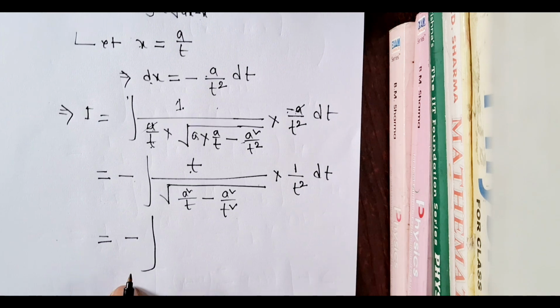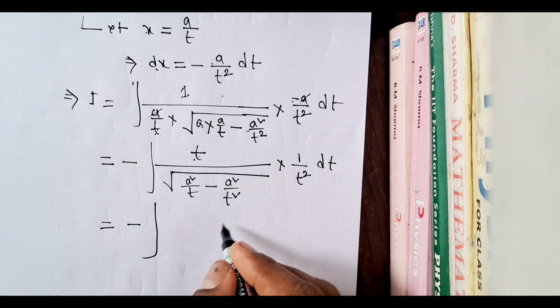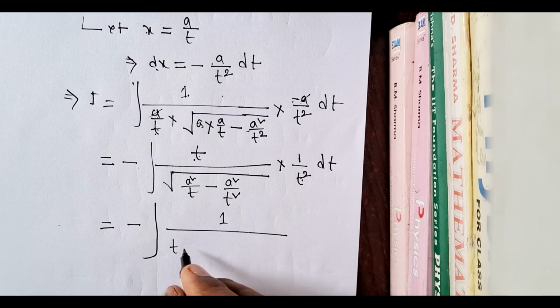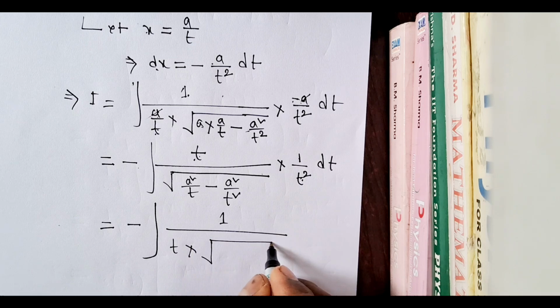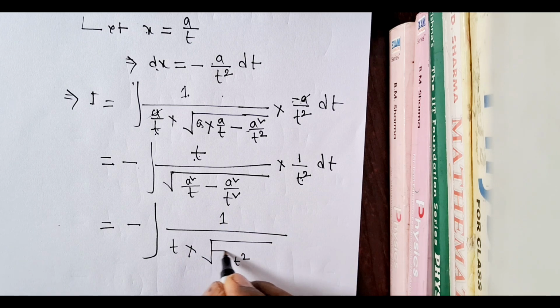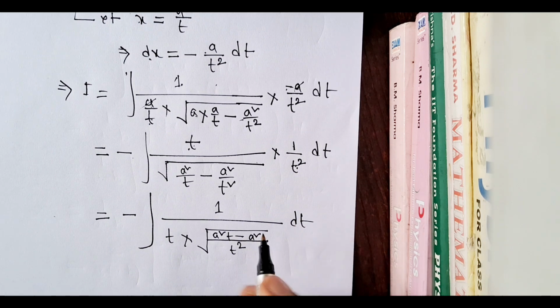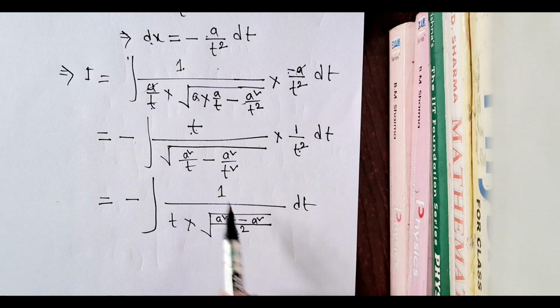minus integration, this t and this t cancel out, so here it is 1 by, and as it is t square, only t will be left, into root over, take LCM here, it is t square, then here what will come, a square t minus a square and dt. I repeat this step, a square into t minus t square here, LCM t square, so only a square will be there, equal to minus